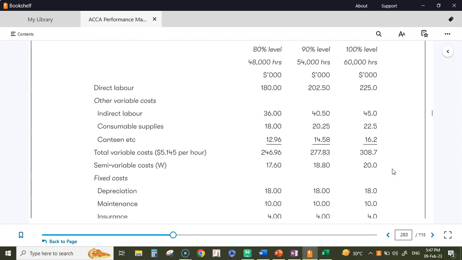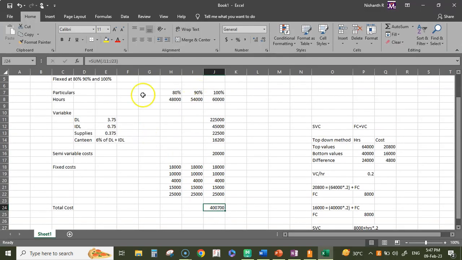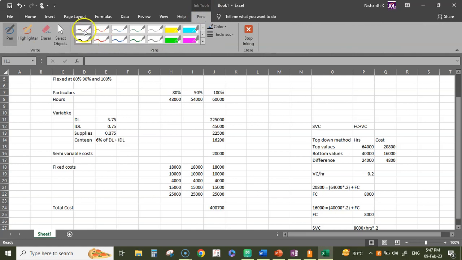So what I would suggest you guys to do is just try it out for the rest of the 90%, 80% as well. Here all you have to do for variable is 54 into 3.75 into 0.75 into 0.375. Yes, that's all you have to do. And here, 48,000 into 3.75, 48,000 into 0.75, 0.375 and 6% of these two.